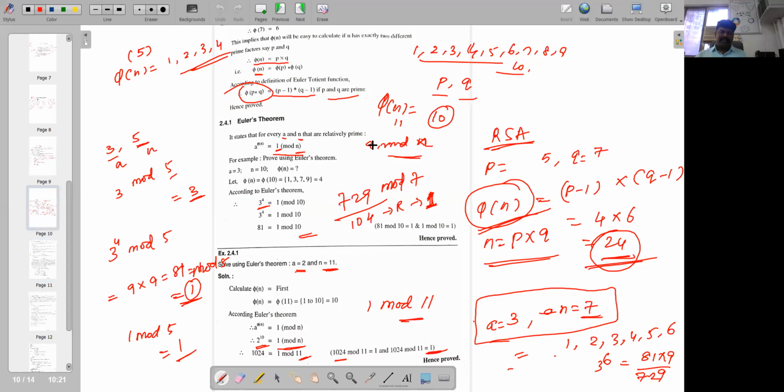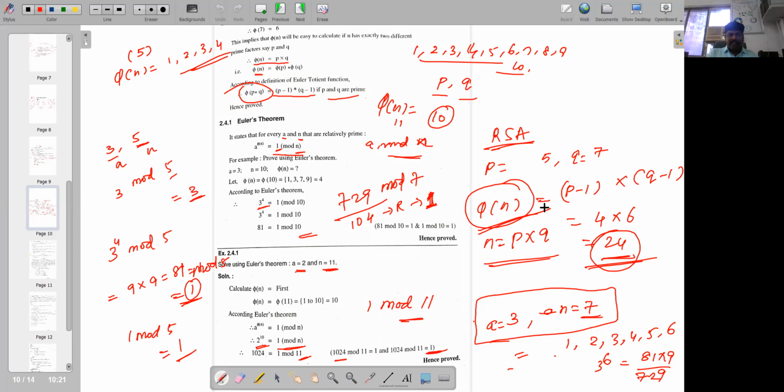Whatever topics we covered so far: we discussed what prime numbers are, then relatively prime numbers or co-prime numbers. Then we discussed GCD, then the Euclid's method, through which we calculate the greatest common divisor. Then we discussed the Chinese remainder theorem, through which we find the common minimum value. And then we discussed the Euler totient function. So with this, we are coming to the end of our today's session.